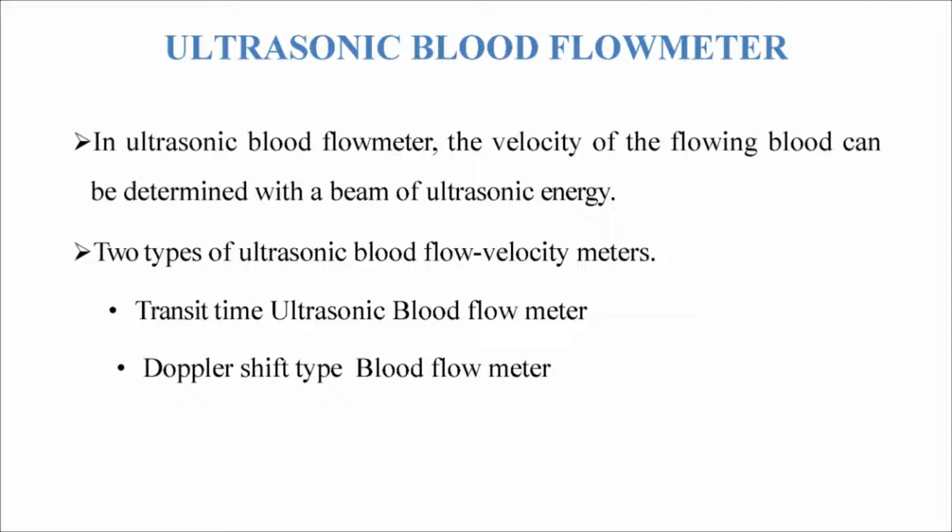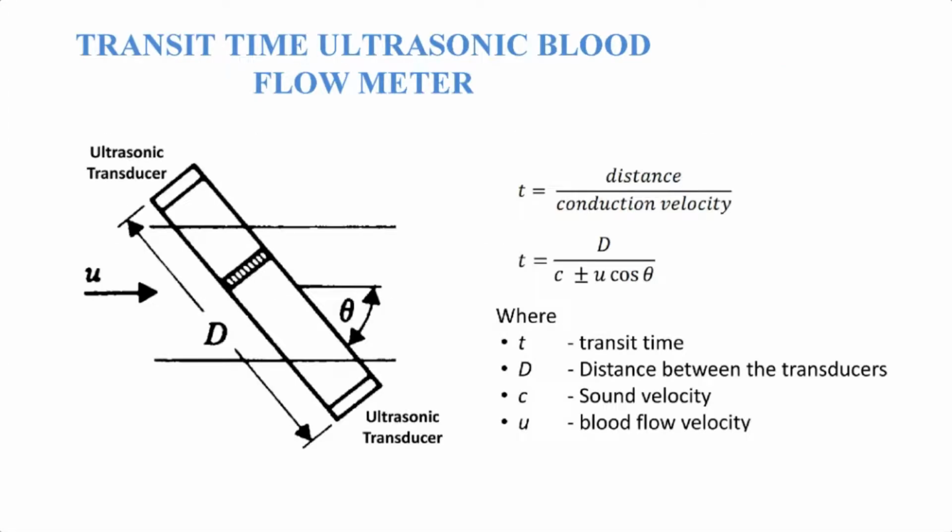Let's now discuss each and everything in detail. So let me first proceed with the transit time ultrasonic blood flow meter, and this is how the transit time ultrasonic blood flow meter works. Here the ultrasonic energy is allowed to pass through the transducer, which is an ultrasonic transducer, and this has been placed at a shallow angle of theta, and d is going to be